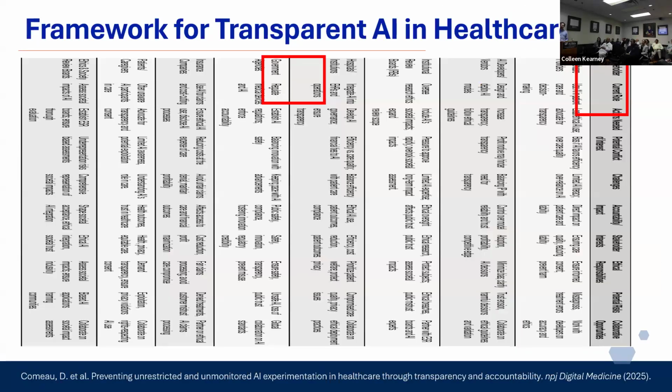I don't know what happened here, so I'm not going to spend too much time on this one. This came out a few days ago, actually, and I thought it was quite interesting. They proposed a framework for building trustworthy AI. The one on the right was talking about the opportunity for clinicians to work with the developers to build the systems, which currently is not being done, which I think is a big miss. We're just using what they develop.